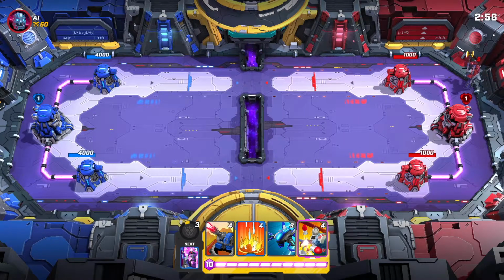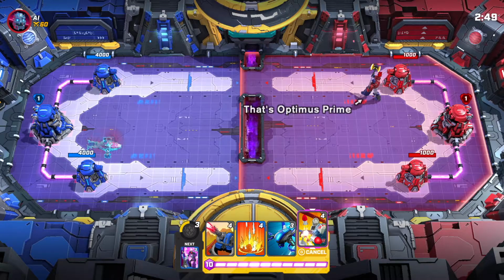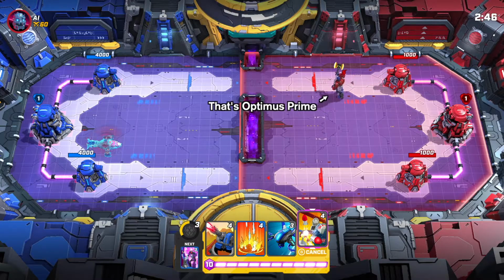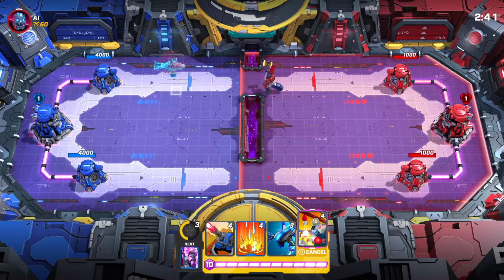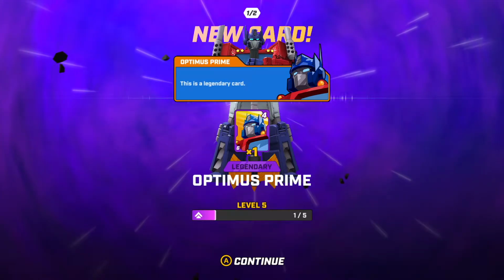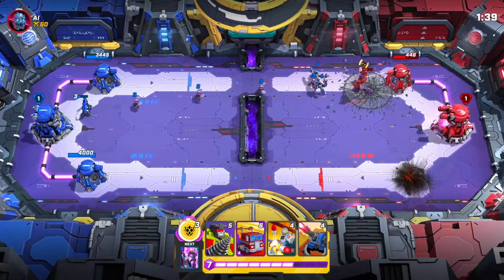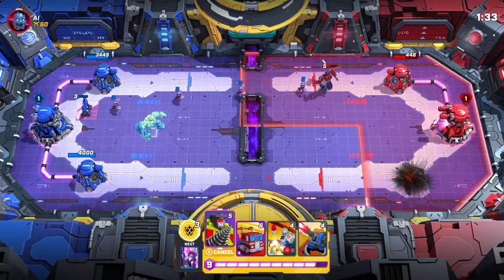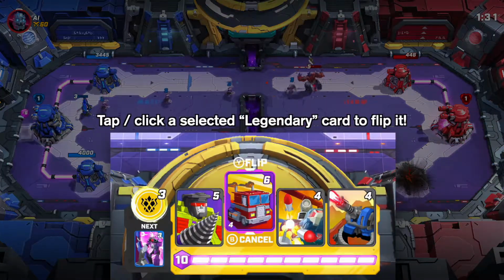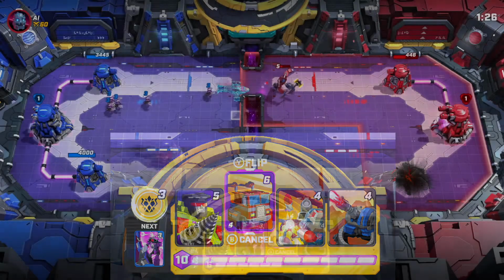If you want to play well in Transformers Tactical Arena, it's critical to understand how Prime works, even if he's not on your team. It's because Optimus Prime has two modes, Robot Mode and Truck Mode. This is a legendary card. These cards can be played two different ways. That means the card can be flipped before the unit is placed into the arena. You get to decide if you want to place Optimus Prime into the battle as a bot or as a